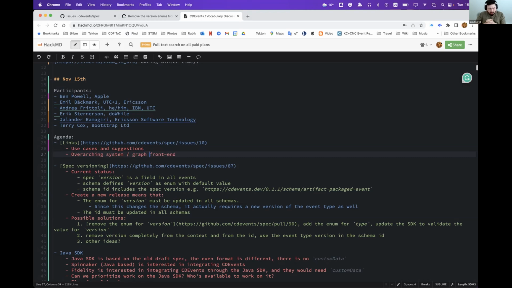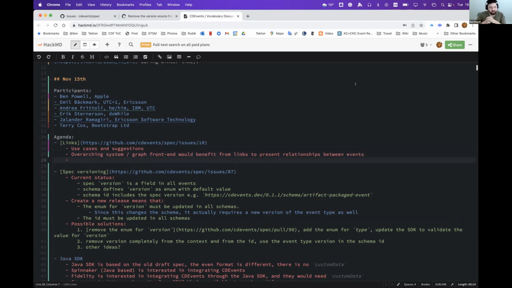I think it's really important to give people the ability to make their own front ends. For instance, AWS has its own console. It would be nice if they were able to use CDEvents to show causal relationships between the different services very easily. So I went back to the GitHub issue